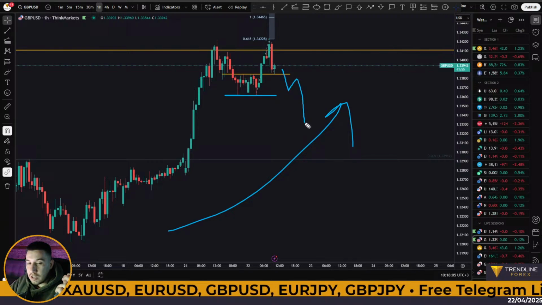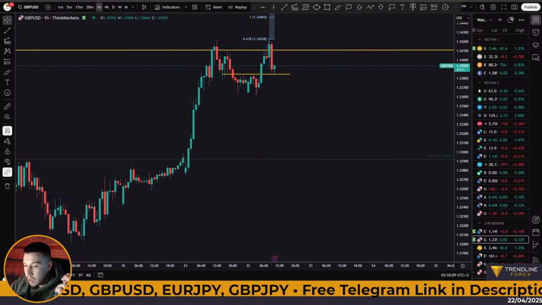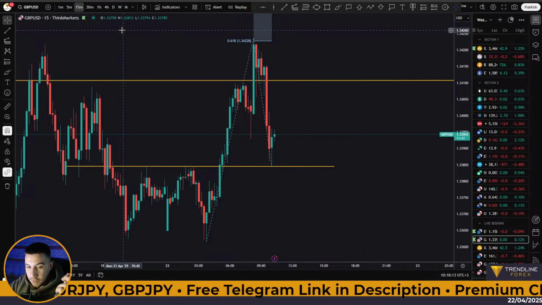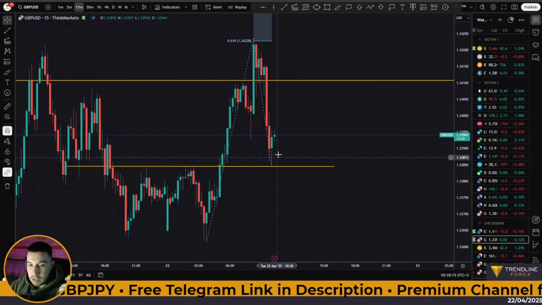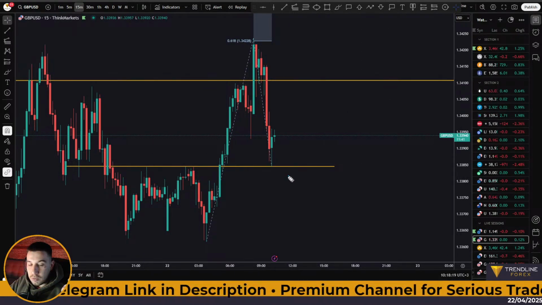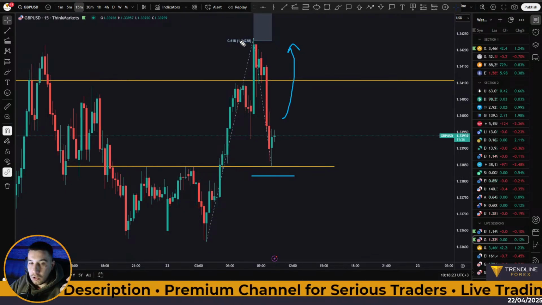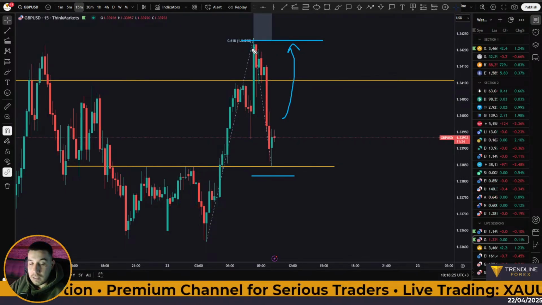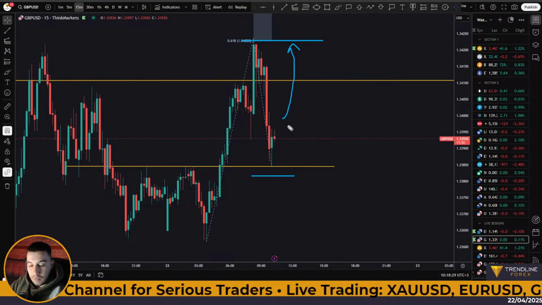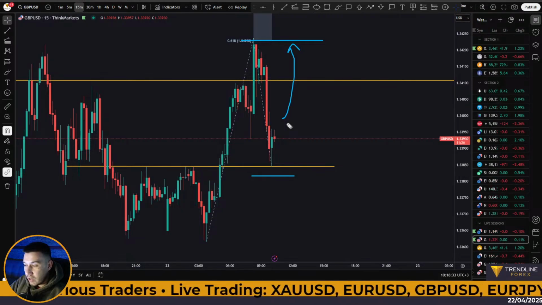I really want to see price breaking below this and then reversing. Okay, so why am I saying this? Well, let's go back to the 15-minute time frame. If you are going to be taking a very aggressive entry like this one right here, it's probably best to use a smaller stop loss, okay, and be able to get out on the first target, which is basically the previous highs. Okay, so this is what you got to do when you use aggressive entries.